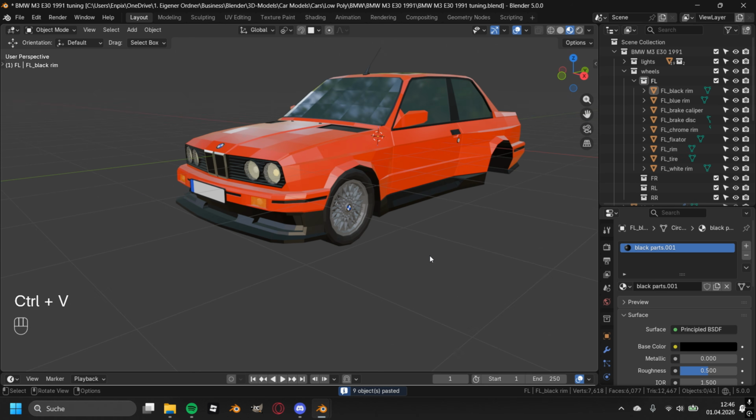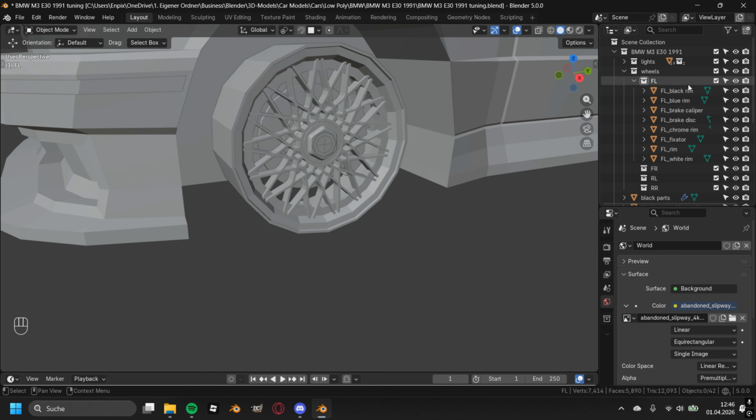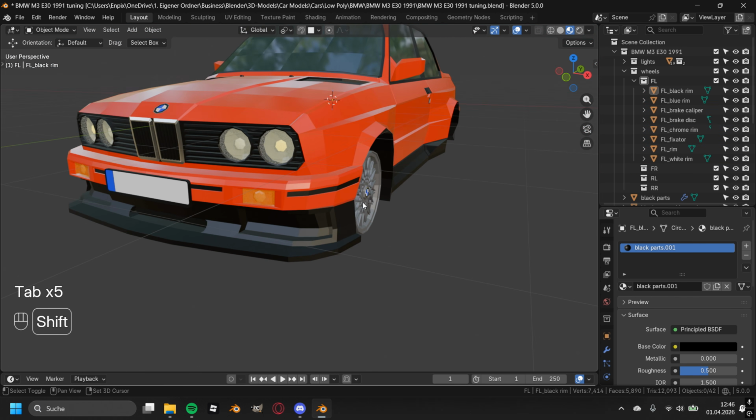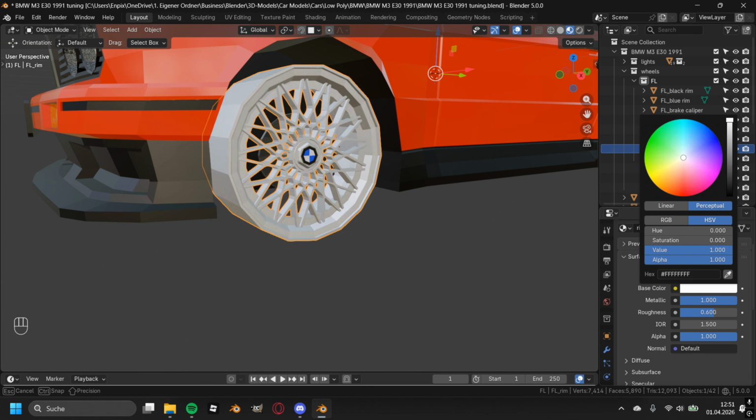So back at the BMW, I first wanted to model some new rims, but at the end I have decided to take the same rims from the base car and to modify them. And by modifying them, I mean that I have scaled them up and I have changed the material into a